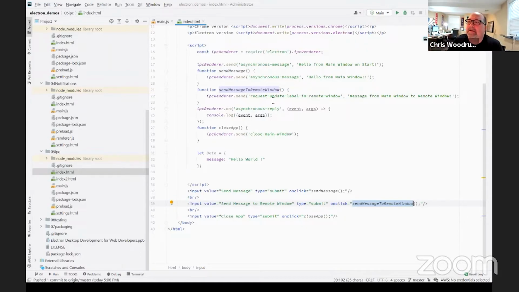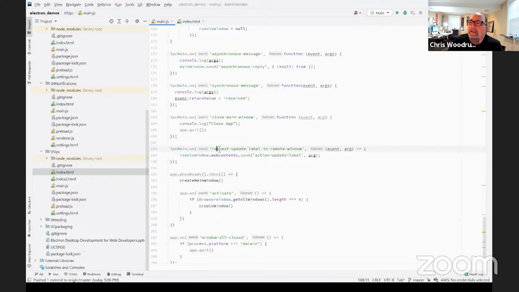As you can see here, this request update label in remote window matches up with this listener, this event on my IPC main process, and that will then send a message to action update label.